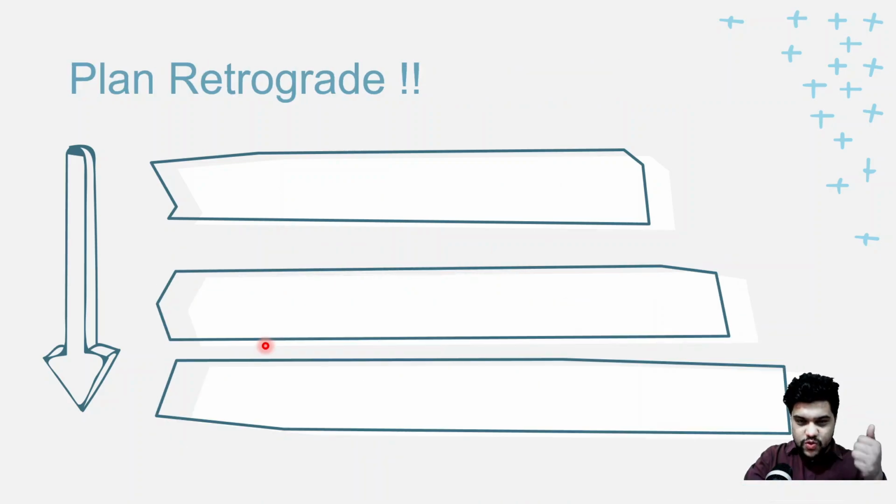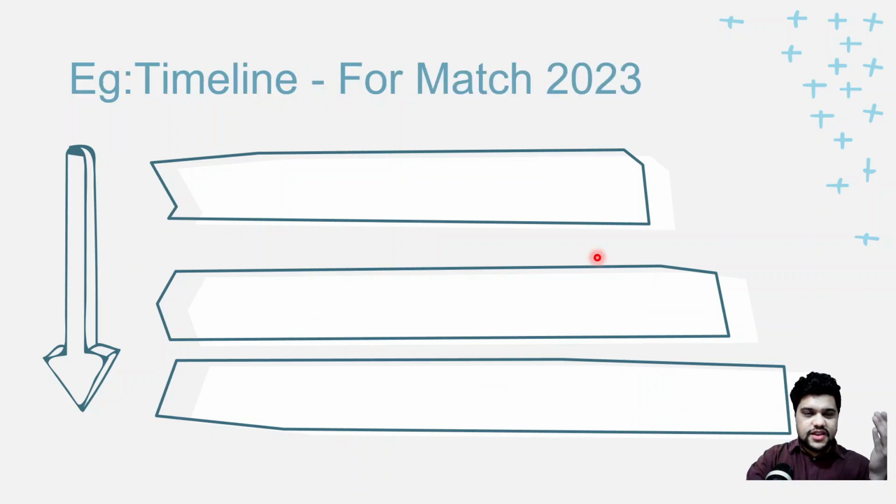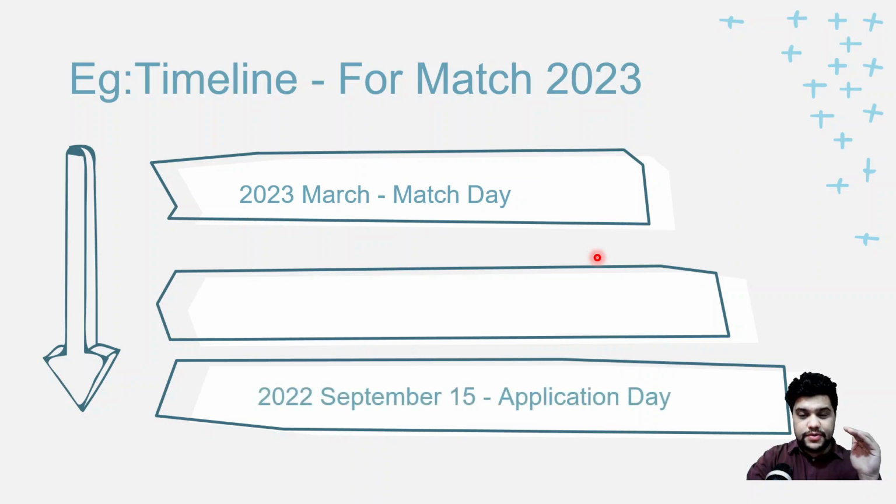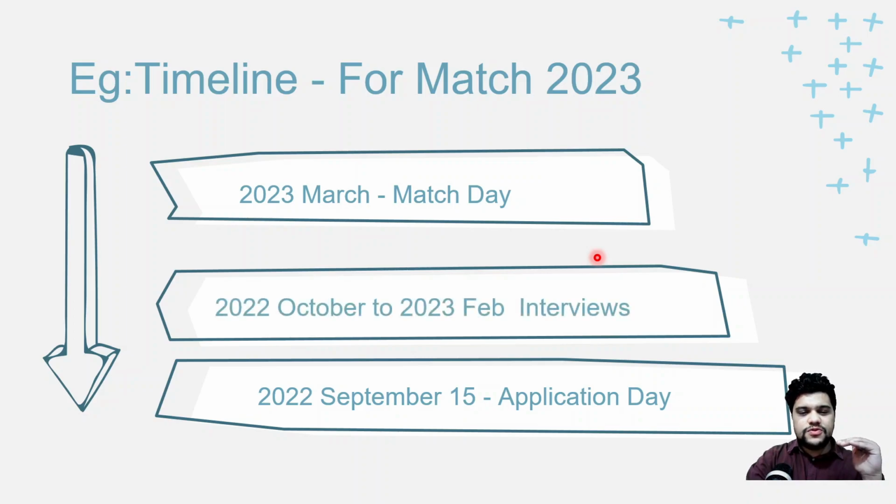Let's get one example. Let's say it's the timeline for 2023. You have planned to get matched in 2023, so you'll have to subtract 1 year, so that will be 2022. September 15 will be your application day, and from September, October 2022 to February 2023 will be the interviews, and then you'll get your results of the match in March 2023. So you need to plan retrograde and be able to target that particular match date and work according